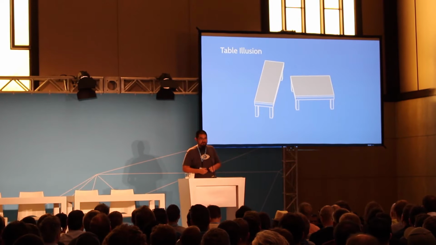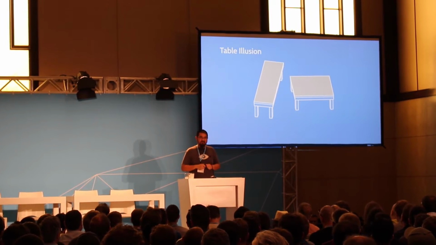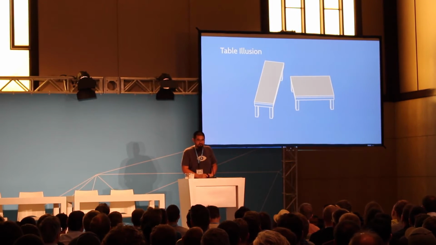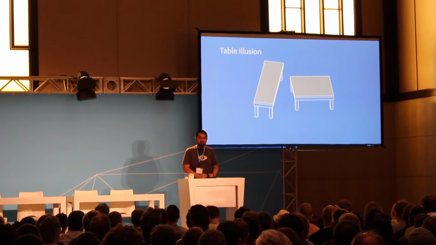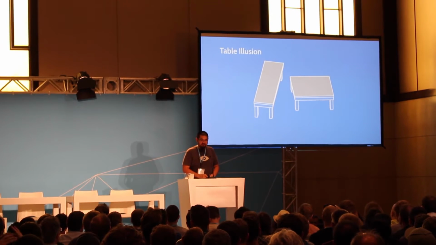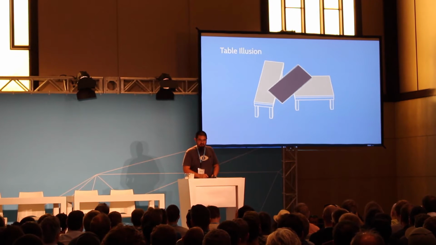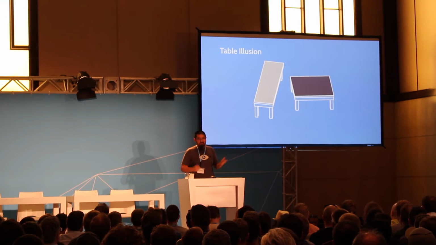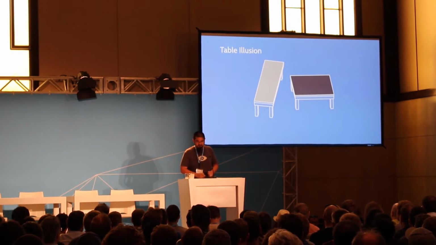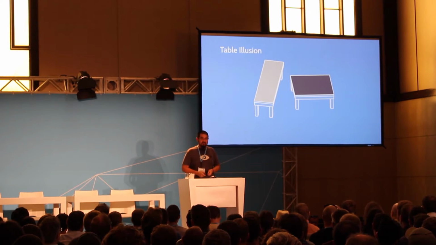So this is a classic illusion known as the table illusion. You've probably seen this before. It's just two tables. One looks really long, one looks kind of shorter and fatter. But if you trust that I'm not doing any magic with keynote animations, they're actually the same exact surface shape. Right. So the same thing is happening here